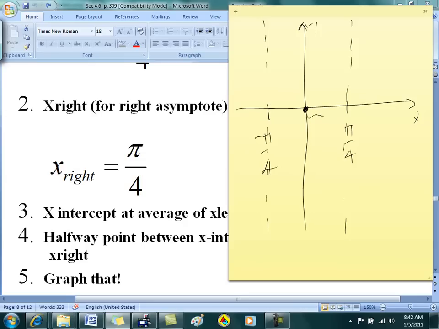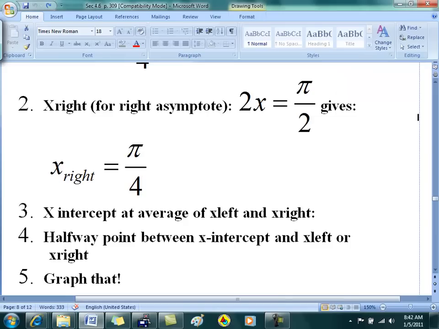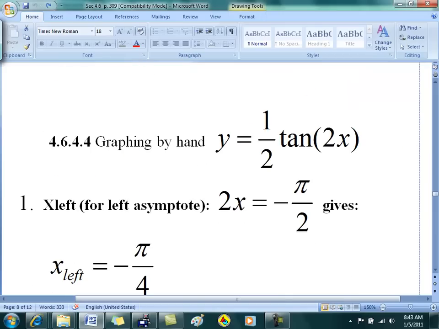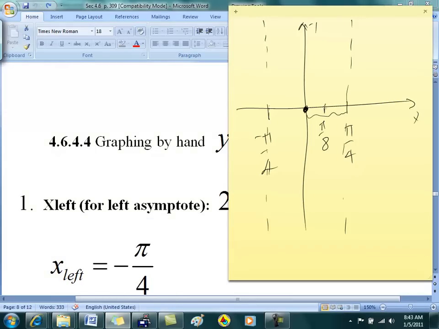The halfway point is going to be at pi over 8. What I want to graph is 1/2 tangent 2x, so now my point is going to be, instead of 1, at a half. So this is going to be 1/2, because the function that I'm graphing is 2